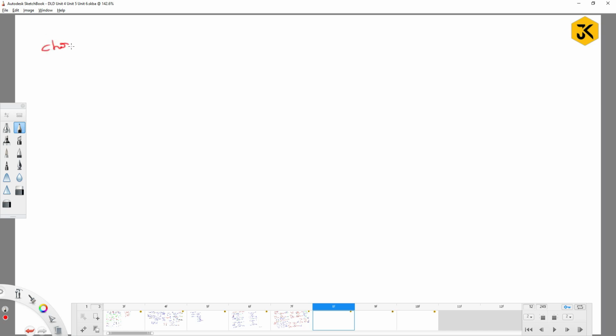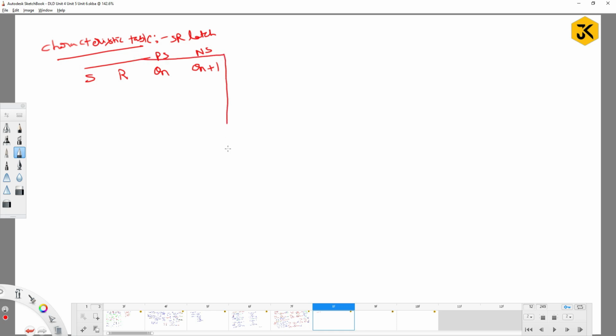Characteristic table for SR flip-flop, table for SR latch, right? So if I am going to give S R as input and the previous output is the present state, I can call the output the next state. Next state as NS, present state as PS, right? So now if I am going to draw the table,